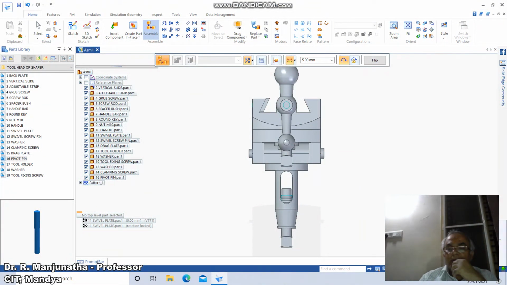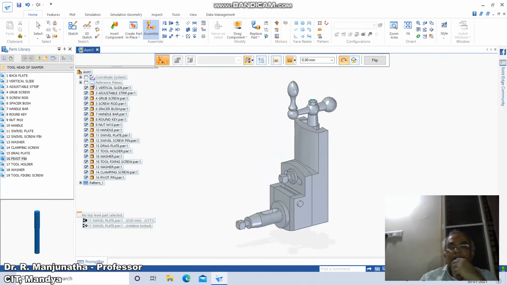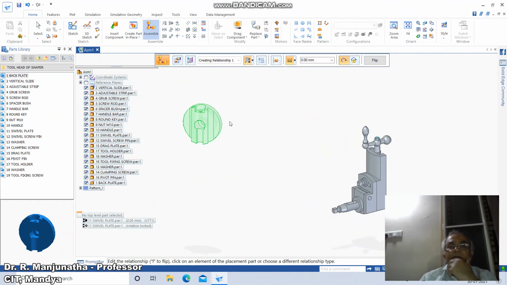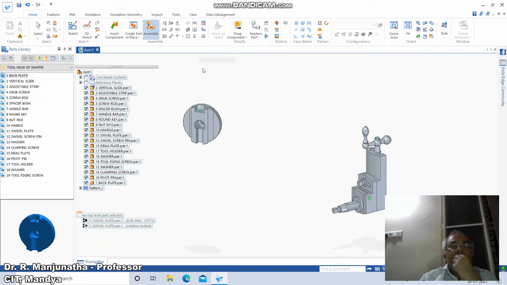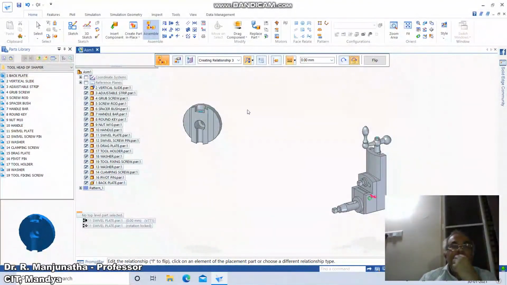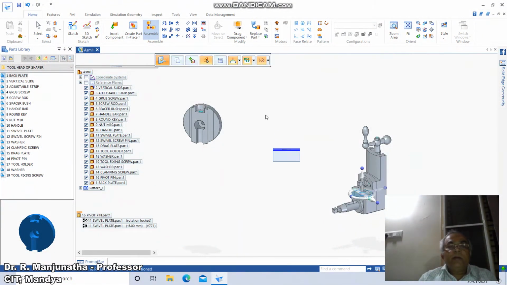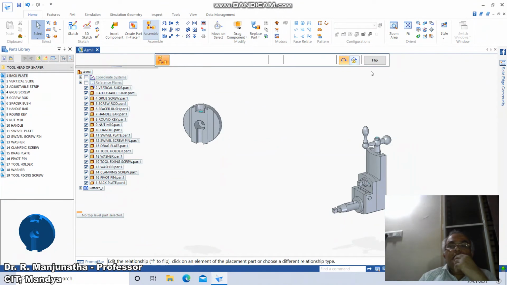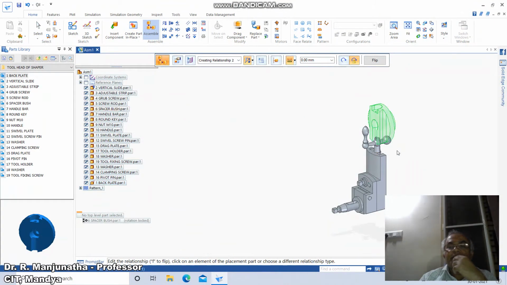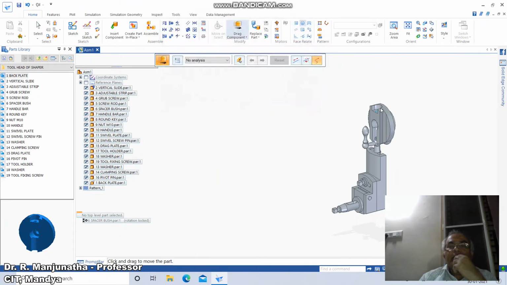So now again we will go back to the isometric. So to this we are going to have the back plate. You just go to back plate, double click on this, then go to assemble, then lock the rotation, then assemble, lock rotation, click on this cylindrical face with reference to this face, then you drag the component, okay, you bring it down.